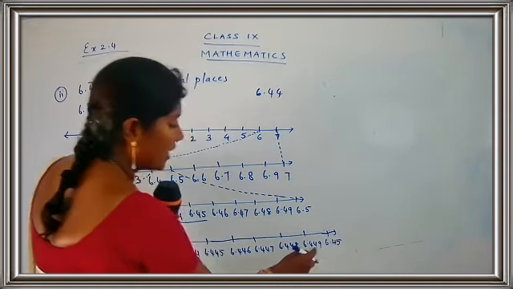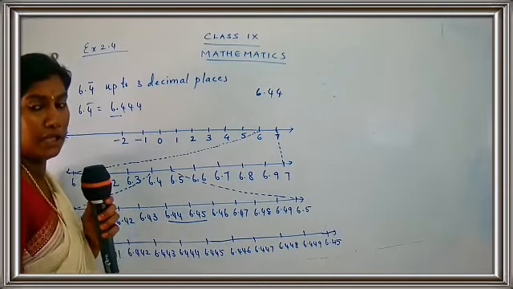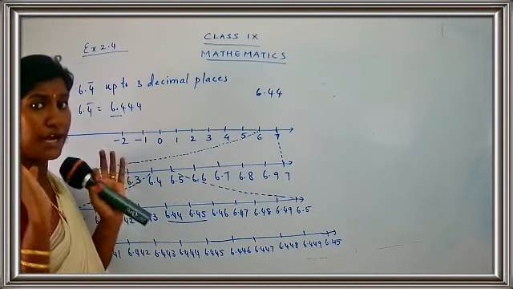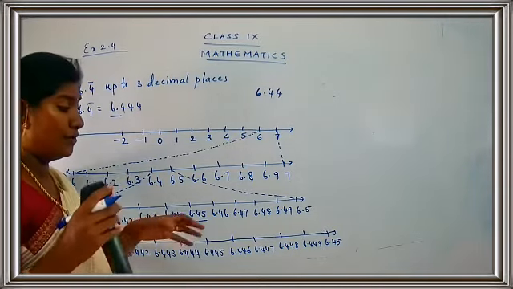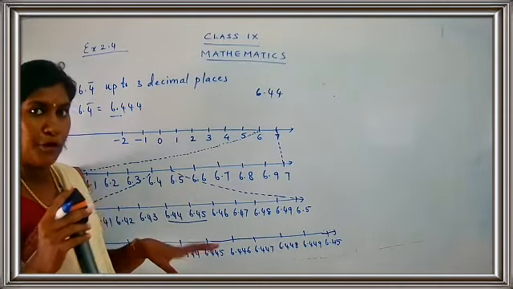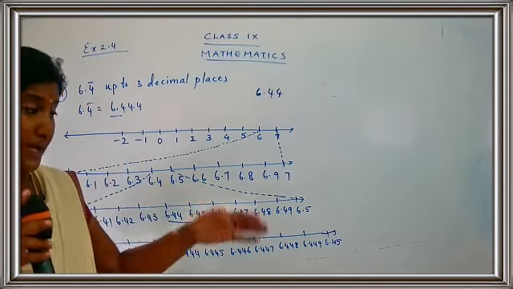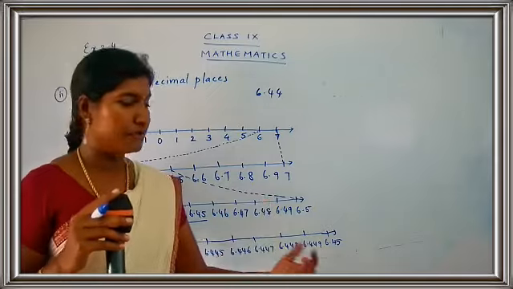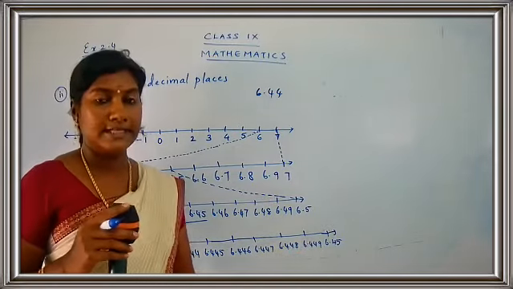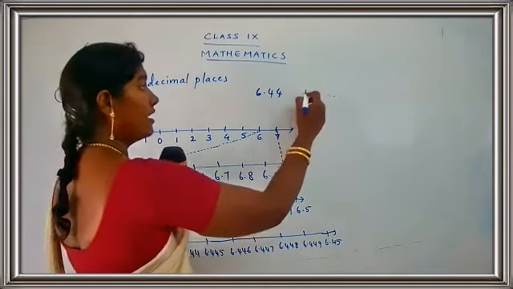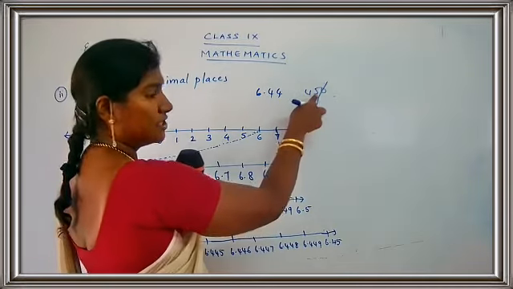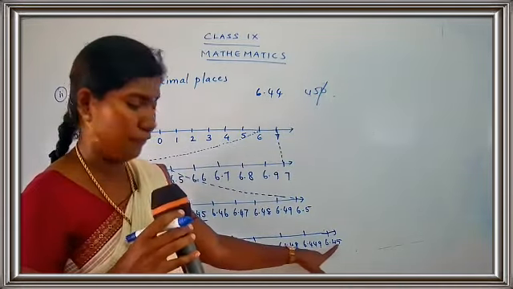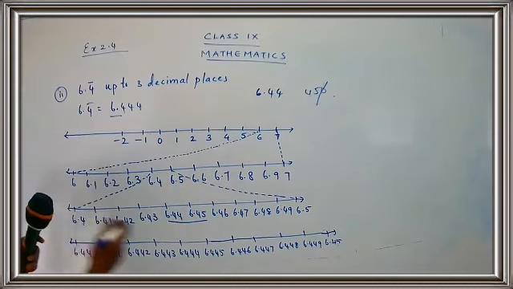6.45. This is 449, so next is 450. This is just for your understanding purpose. Actually, we don't read the numbers together. After the decimal point, you have to read each digit as a single number. Just take for our reference 449. The next number is 450. So 450 means don't take the 0. You just take 45. That's 6.45. Now you have to join these two numbers.